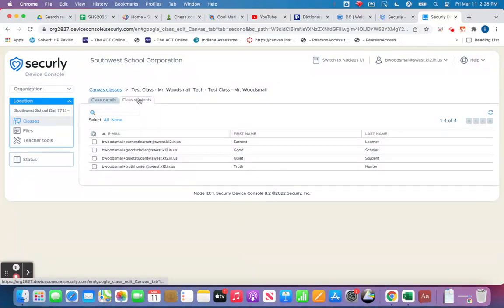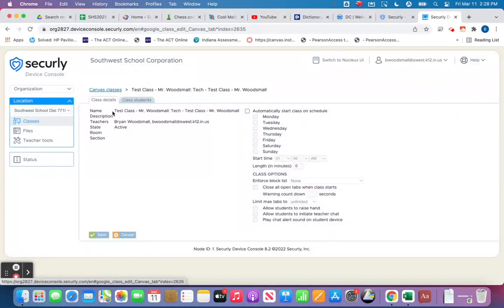First thing, though, the Class Students tab is the tab that's open. There are the students in this class. They're just made up names. Class Details is the tab I click if I want to schedule that class to automatically start. So I can check this box, automatically start on schedule. If I decide I don't want it to automatically start, I can just uncheck that one box. I put in the days, I put in the time,